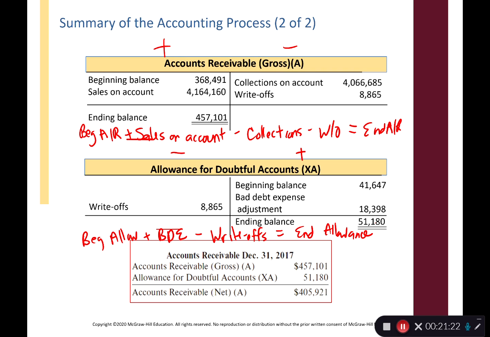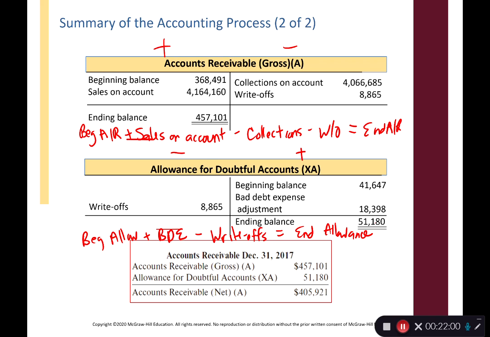I want you to go beyond just memorizing these formulas. I want you to ask yourself, do they make sense? And I think that they do. Our beginning receivables plus additional sales on account would increase our receivables. When we collect money, customers owe us less. That's why it's a subtraction. And a write-off means we're never going to get the money, so that's also why it's a subtraction to get our ending receivable balance. With the allowance, the beginning allowance is the beginning amount I don't think I'll get, plus BDE, which is the new amount I don't think I'll get, minus write-offs, which are things I know I'm not going to get, so it comes out of the estimated allowance account, and then that gets us our ending allowance